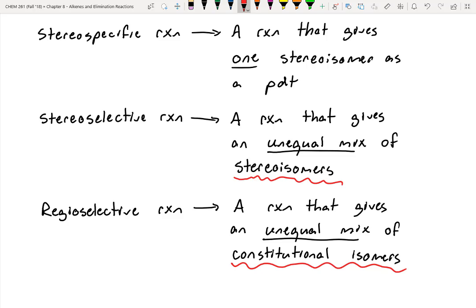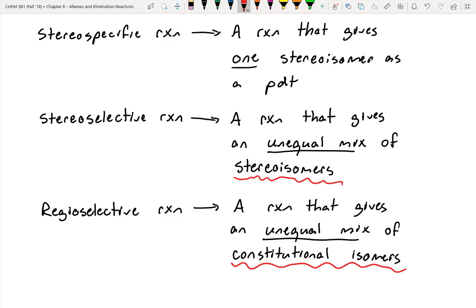There are also E2 reactions that are stereoselective as well, where you get an unequal mixture of diastereomers. So maybe you get trans favored over cis slightly. Are there E2 reactions that are stereospecific? Yes, absolutely. An example would be a reaction where we only have one beta proton, so we only have one possible product that could form, and we could argue that reaction is stereospecific. So it is getting into a lot of semantics, but I like to clarify vocabulary